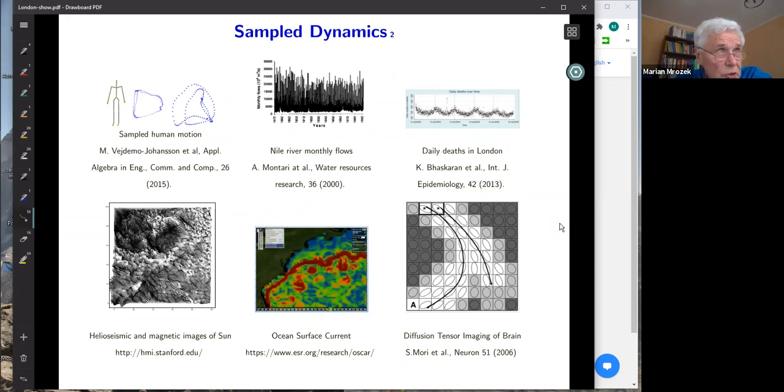It's so easy nowadays to collect data, in particular dynamical data, and it's natural to try to understand this, as I call them, sample dynamical systems using the existing methods. But sometimes it's not immediate how to adapt the existing methods to work with